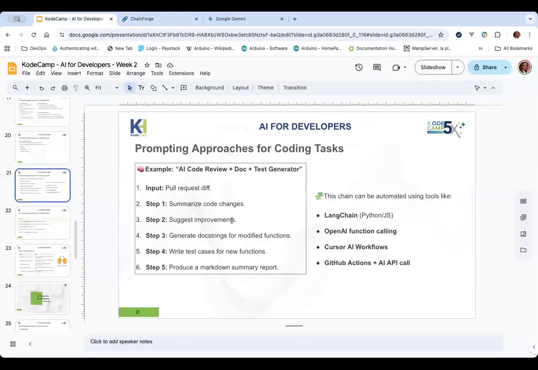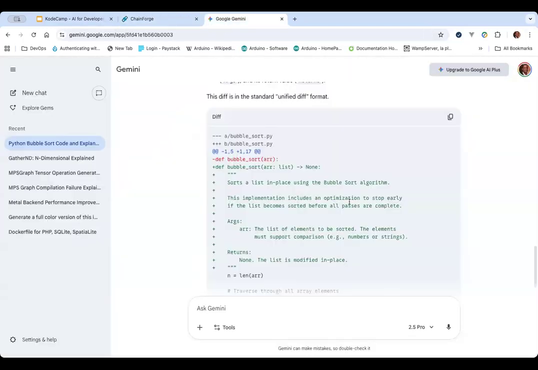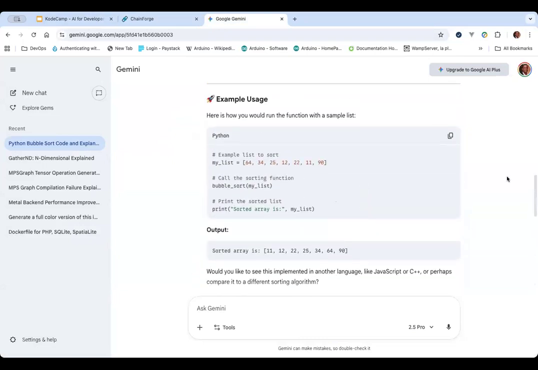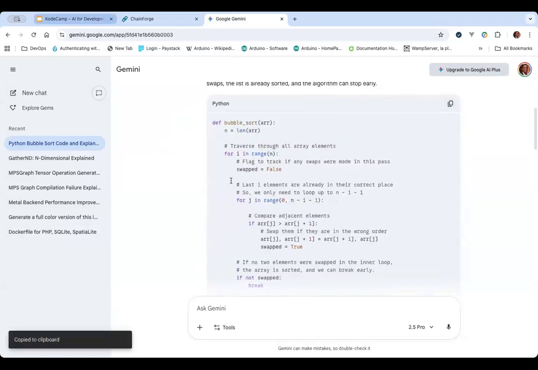Now the third step is, okay, that's suggesting improvements. Generate docstrings for modified functions. So we'd add that. I need a kind of a diff that has this. Write test cases for new functions, produce a markdown summary report. Now I can do this. Let me say I use the original function, right, instead of the diff. It's entirely possible for me to achieve that. Okay, so this is a very good example of